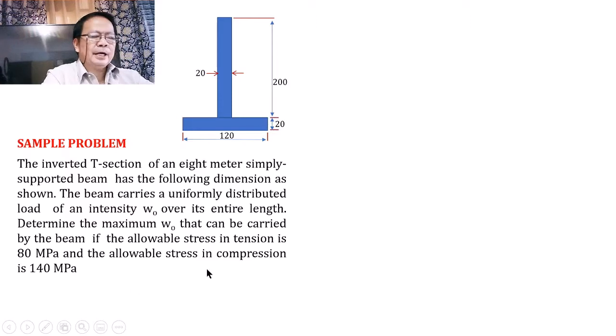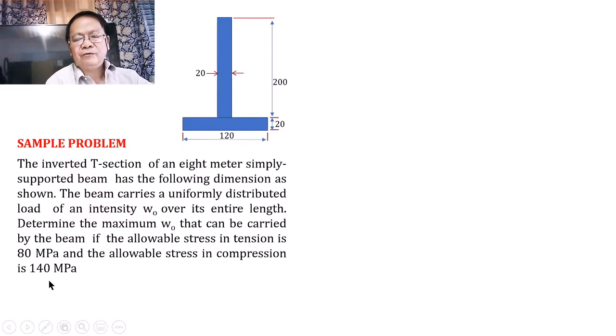megapascal. So guys, in our problem, we are given the cross-section of the beam, an inverted T, na kung saan yung kanyang mga dimensions ay given. Okay, this beam will support a uniformly distributed load W over the entire length. Okay, na kung saan yung kanyang span is 8 meter. And the maximum allowable stresses in tension and in compression are given. So that the maximum allowable stress in tension is 80 megapascal, while that of the maximum allowable stress in compression